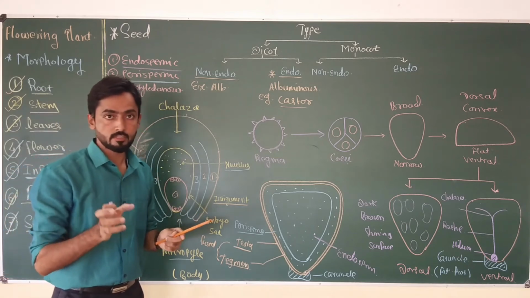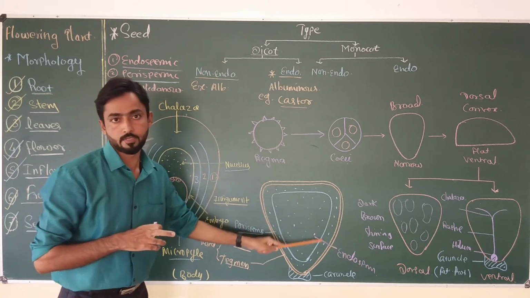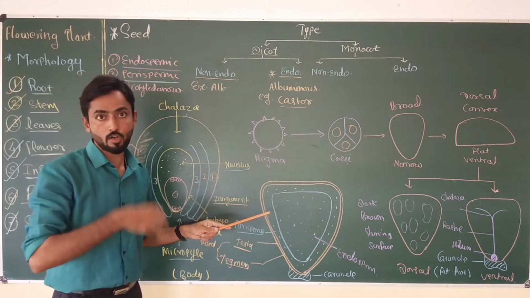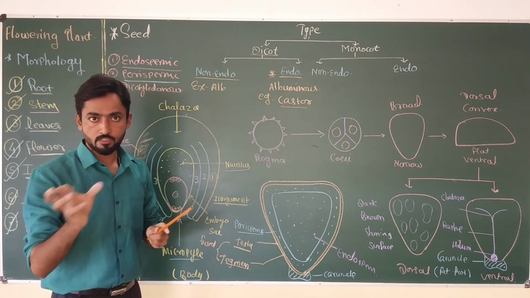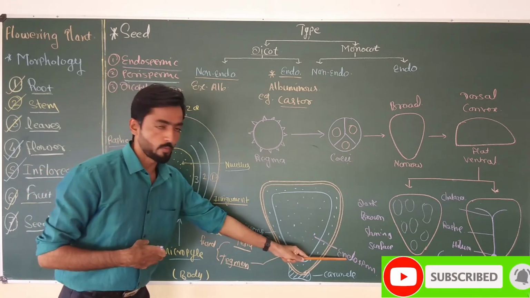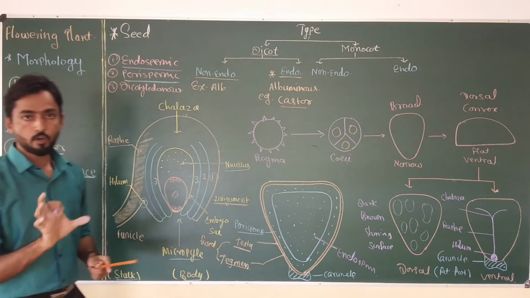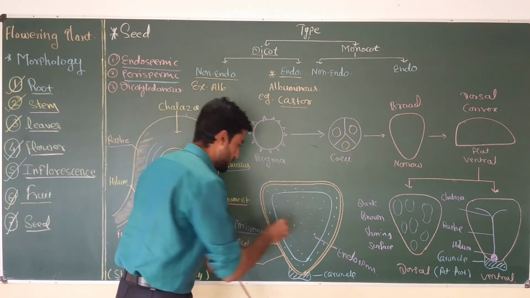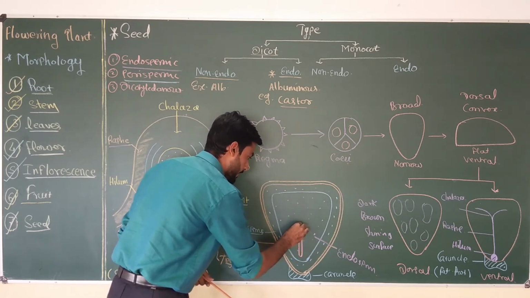In the last lecture we discussed the non-endospermic dicot seed. In this type of seed, the endosperm is absent. Okay, all the nutritive tissue is present inside the cotyledon in a non-endospermic seed. But in the case of an endospermic seed, a separate storage house of nutrition is present inside the seed in the form of endosperm. Okay, and now inside the endosperm, an important organ of the seed is present. It is nothing but the embryo. Okay, the embryo is present in the form of embryonal axis.